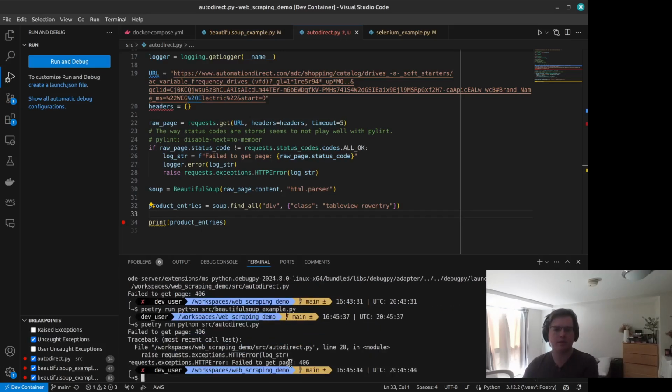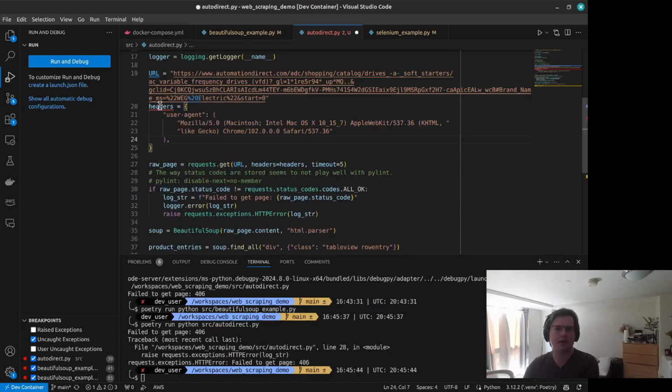It's going to get a failed to get page 406, and I just wanted to use this to demonstrate that this was why I had these headers here before. This is a problem, honestly, I didn't understand at the start either. You just Google it, this comes up in one of the Stack Overflow responses. It just requires a certain type of header to prove that you're, essentially this is like the type of information that a browser would send up to say, hey, I'm a Macintosh computer running an Intel chip and I'm running Mozilla Firefox. So it's just kind of like spoofing what the